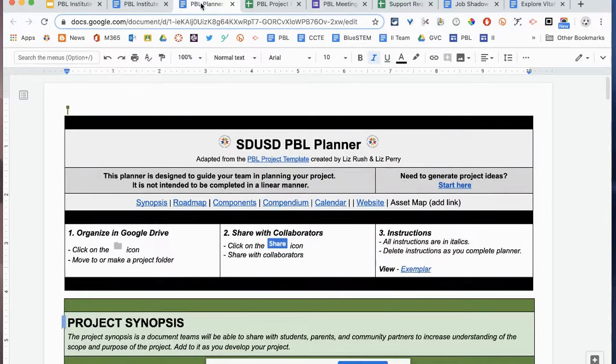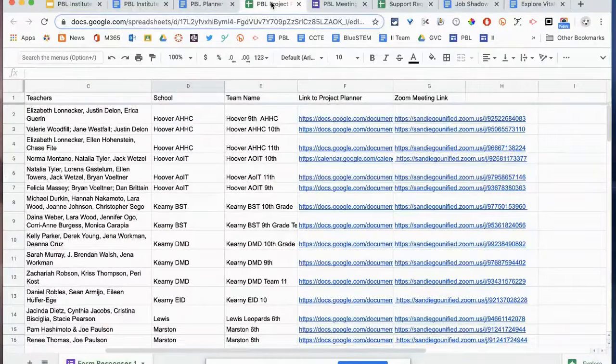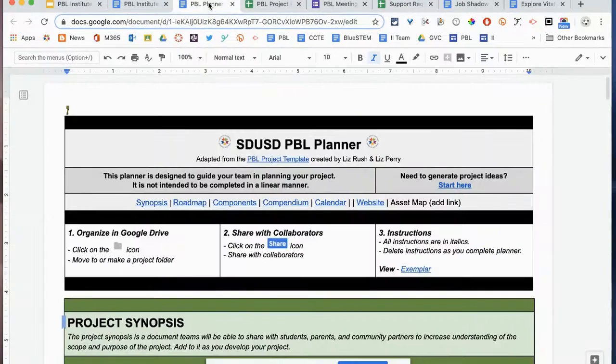For the project planner, we really appreciate that everyone shared their project planner and the Zoom link in the form. We also need you to share this planner with Lance, Carissa, and Ruben. When we click on those links, we want to be able to go in and get a glimpse of what you're doing. Not to spy on you or anything, but just to understand what's going on with your team, where you are, or if you have some questions that you'd like us to answer.